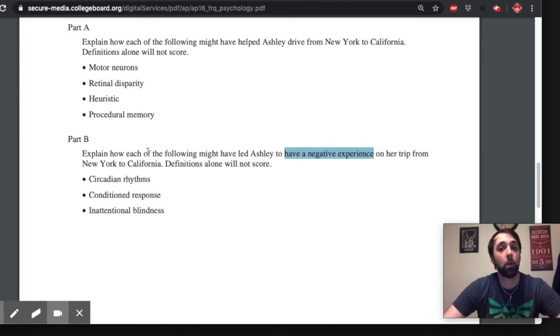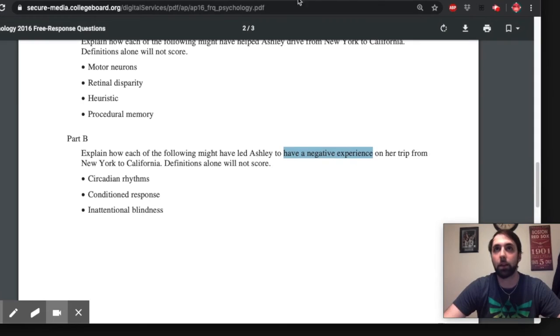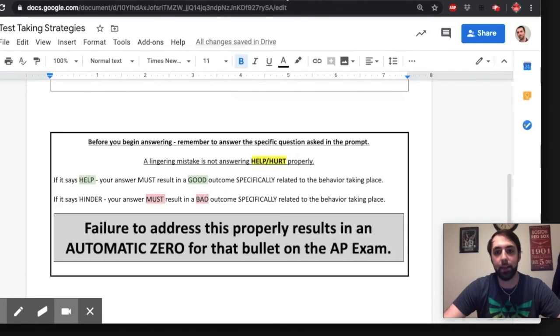If you ensure that you do all of the bullets you know ahead of time in the order in which you know them, at least that way, when the timer hits 5 minutes, you're not rushing through a bullet that you're confident in. You're rushing through a bullet that you're more or less guessing anyway, with in the back of your mind the knowledge that if you can do about half of these on a regular AP exam, you should be in good shape to actually score a 3, a 4, or a 5. So those are just some generic test-taking strategies that I wanted to alert you of heading into the AP exam.